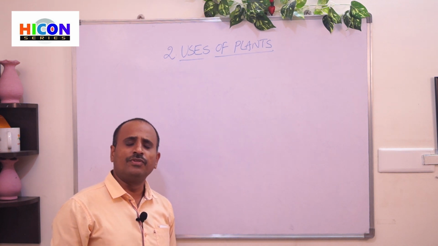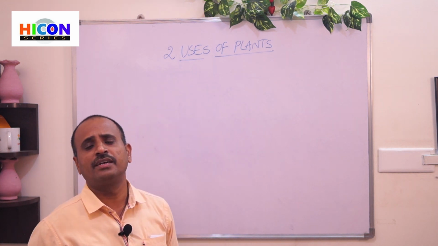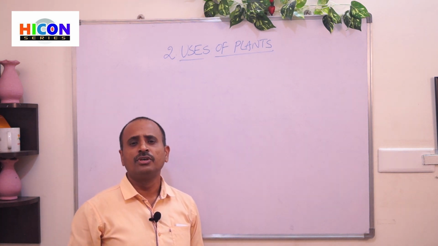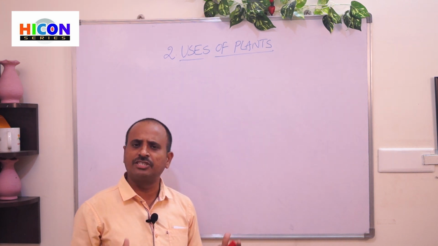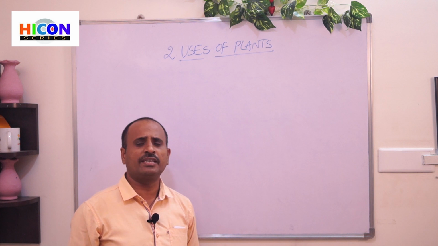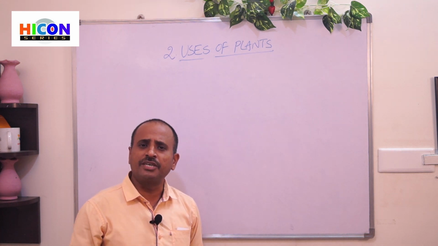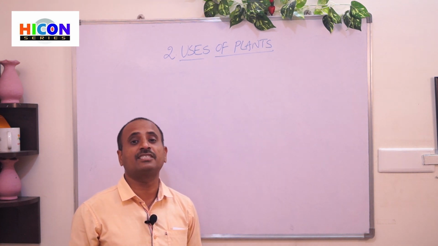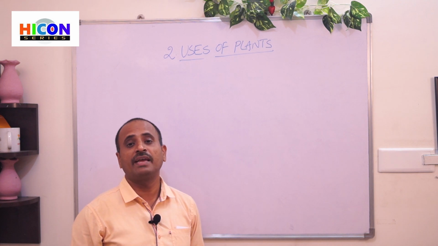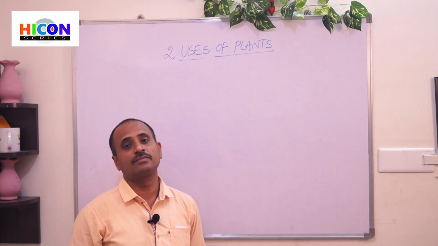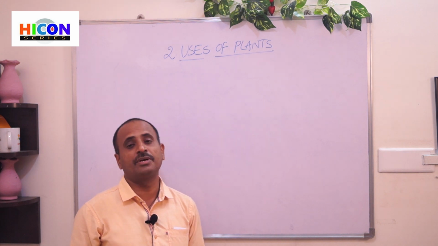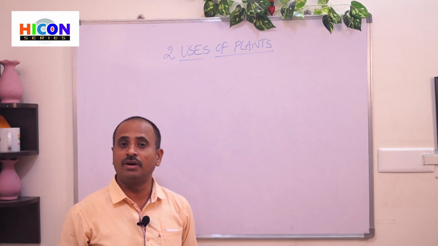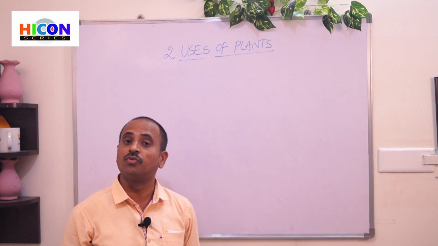So children, we will observe different types of articles and different types of objects in our houses, in our surroundings. If you take your house, you will observe so many objects in the kitchen, in the bedroom, in the hall, etc. Some objects are made with iron, and some objects are made with plastic. That means a plastic bucket, plastic mug, and plastic bowls. And some objects are made with rubber. For example, your eraser and your chappals. And some are made with wood.